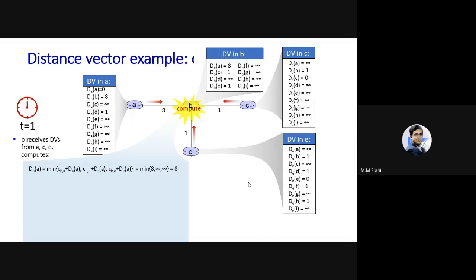Because the idea is about the neighbors. B has 3 neighbors. So whoever the destination is, it can be A, it can be any other node than the neighbors. It can be E, it can be F, but B has only 3 options. Doesn't matter whether C has connection with the destination. C সাথে destination connection আছে কি নাই সেটা B দেখার দরকার নাই। B has 3 neighbors, so it will apply the equation for 3 possible values. So that's why